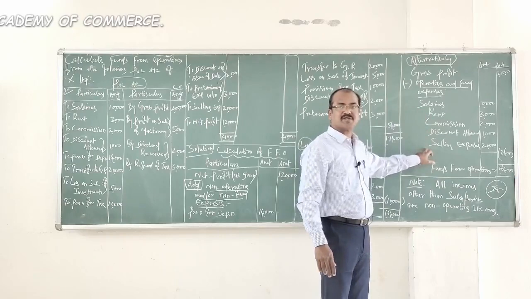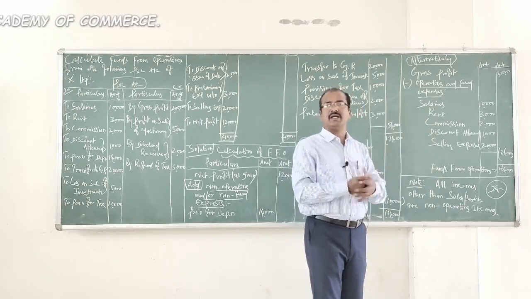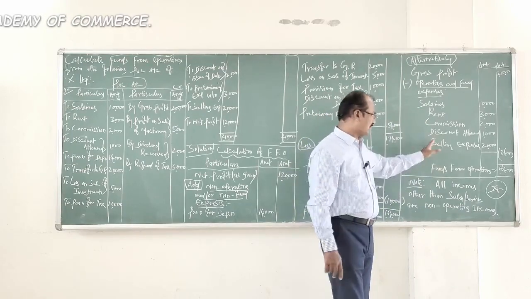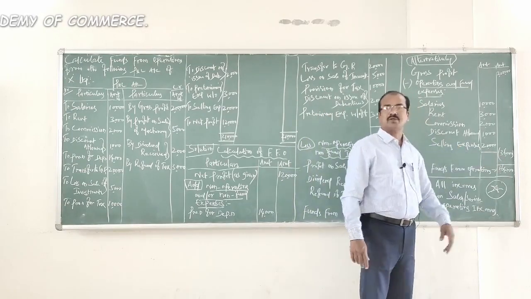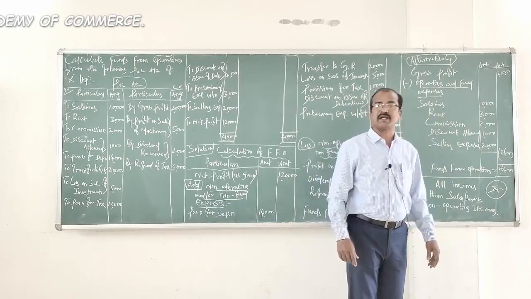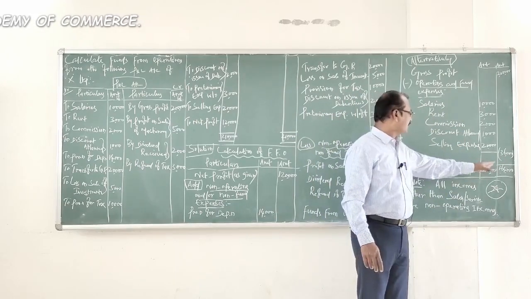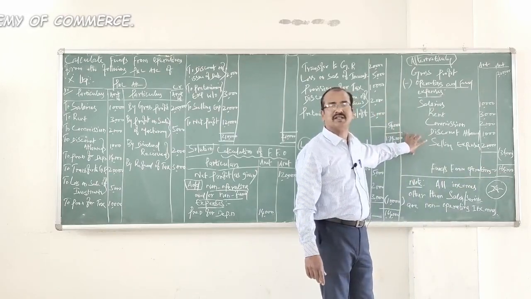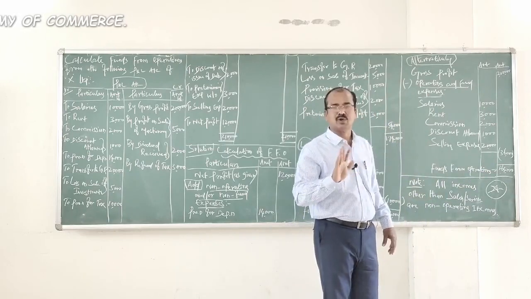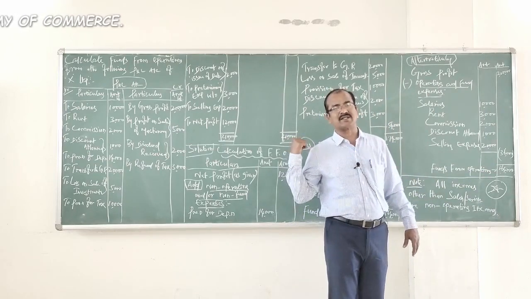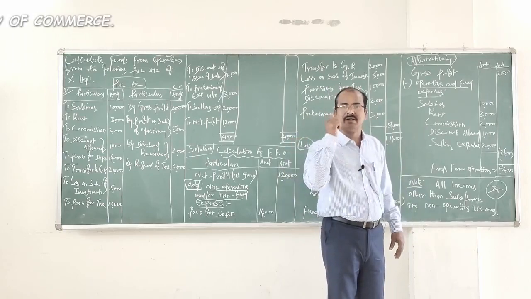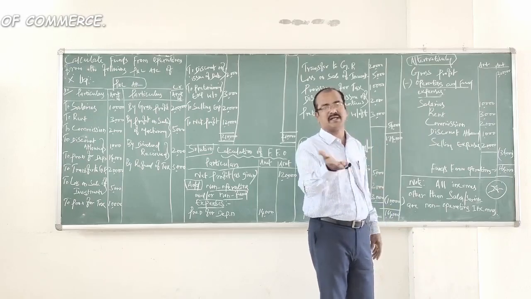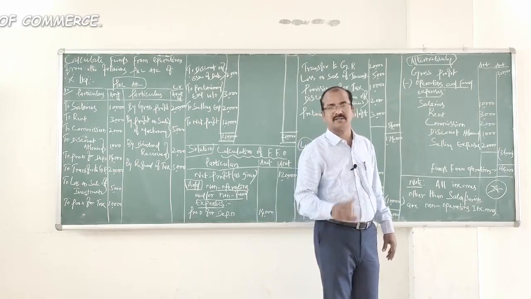The rest of these items which I have considered fulfill both the criteria of operating and fund aspect as well. So that is why you total them. The total comes to 36,000 from 2 lakh rupees. If you subtract 36,000, what is the answer? Funds from operations, 1,64,000 rupees. This is very simple. You can follow this method. Obviously, there is no hard and fast rule that you should follow only the conversion method. If the question permits you to follow the second method, I suggest you go for the second method and calculate funds from operations. Make it simple.